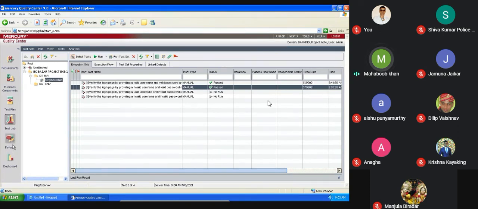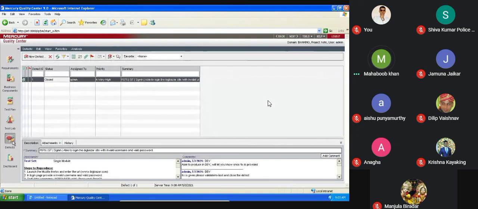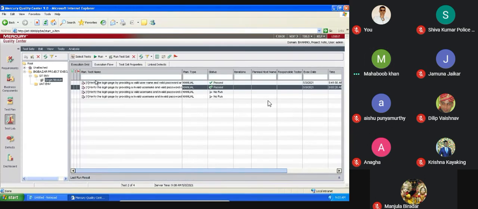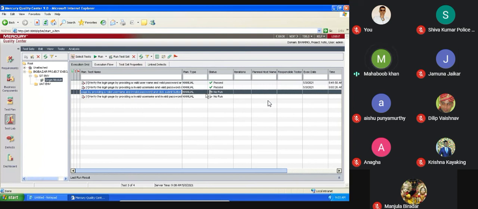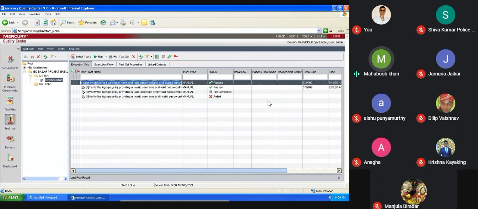Any questions on this, guys? Test lab, defect tab, and the defects. The same way I will try to run this. Imagine for this case I will mark our evidence as not completed. I will make the change. I will mark this for the output report I am going to generate right now. For that reason I am making this change. Now imagine if I want to fetch the report, how I will. Now we are done with the test lab, defects and test plan.